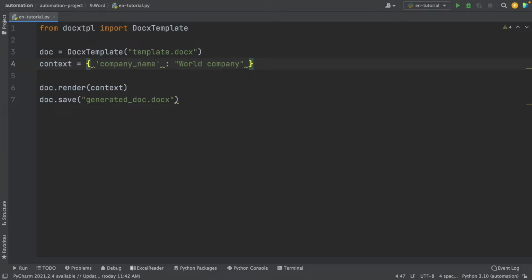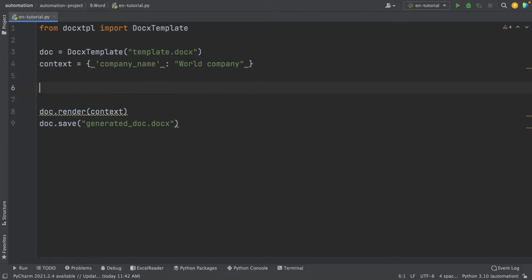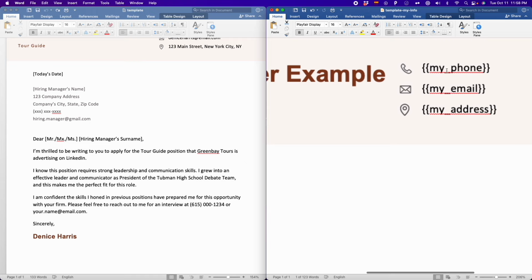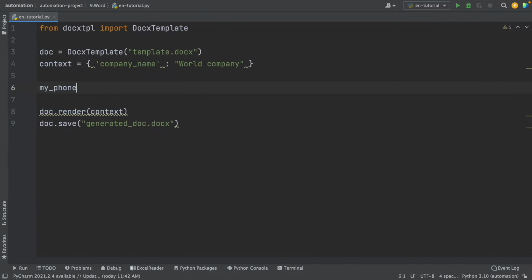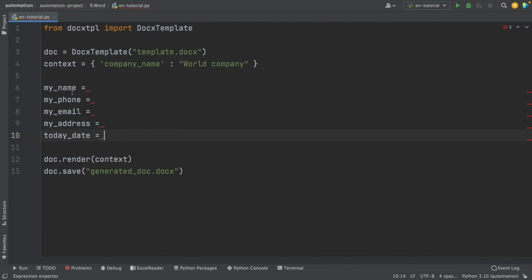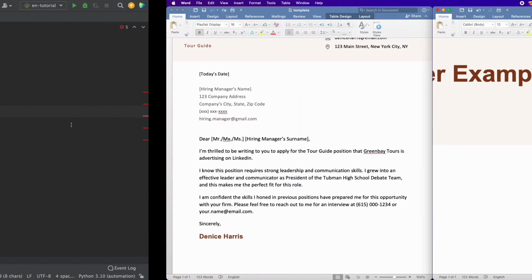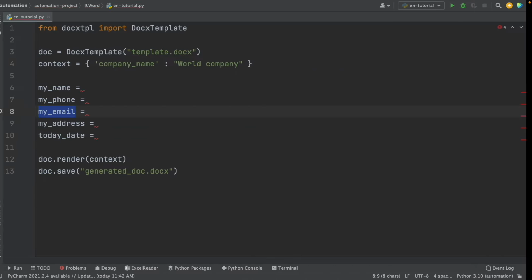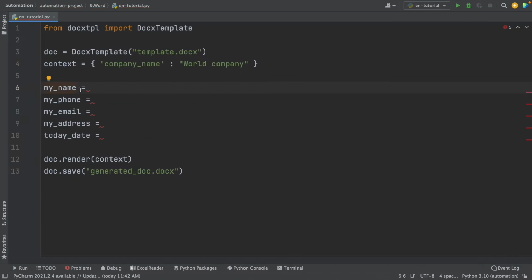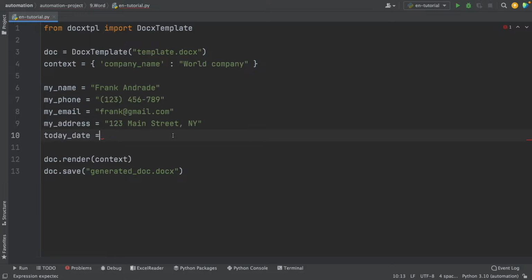First, we have to create some variables, and I'm going to create one variable for each element that I have here in curly braces. So my phone, my email, my address, and so on. So I'm going to copy one by one, and you can do the same. Now I copied each element one by one, and I created one variable for each of them. You don't have to name it as the name here on the right. This name and this variable name can be different, but well, I just copied and pasted here. Now we have to put our own information. For example, in my name, I'm going to put my own name, Frank Andrade, and then we can fill all this information. I've just completed all this information, and now in the part where we have to put the date,